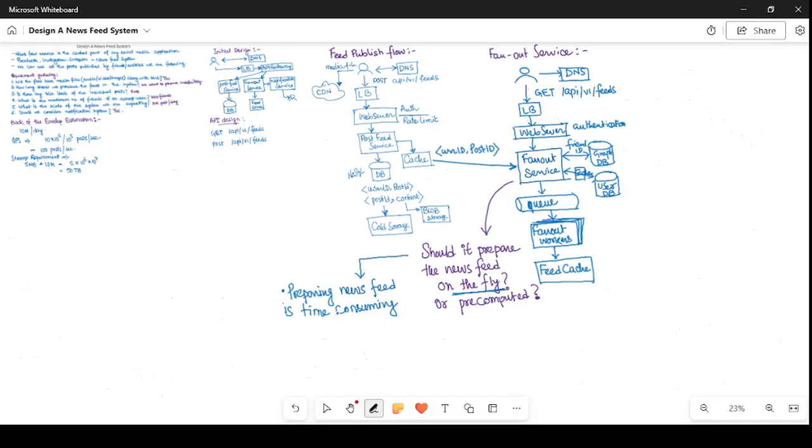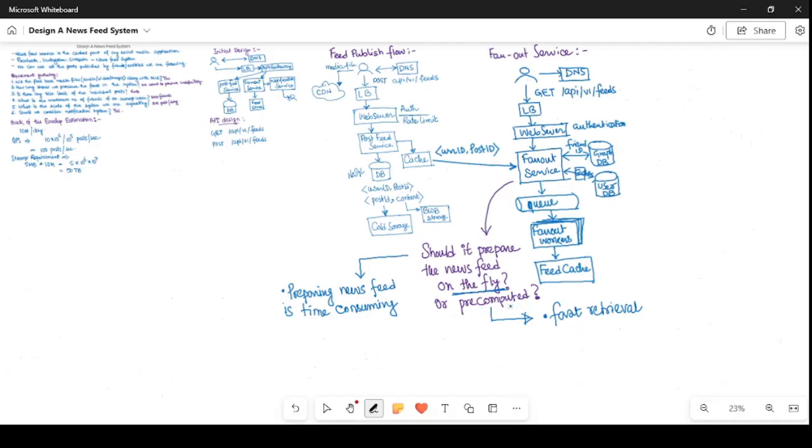Hence, the overall user experience can be degraded. On the other hand, if they are pre-computed, it will be very fast. That means as and when the user opens their home page, we can quickly populate the news feed for that user because it is pre-computed.